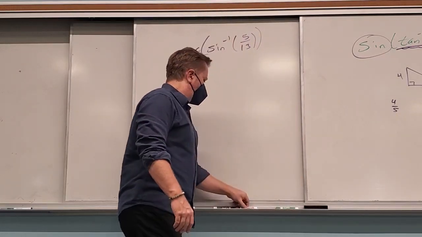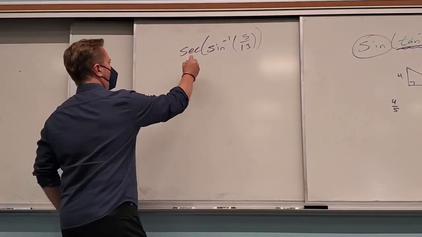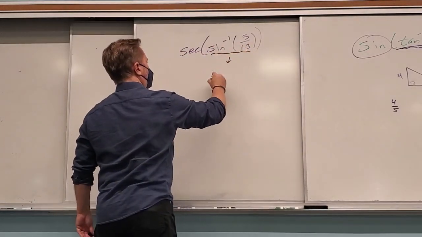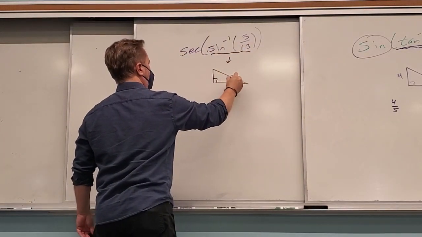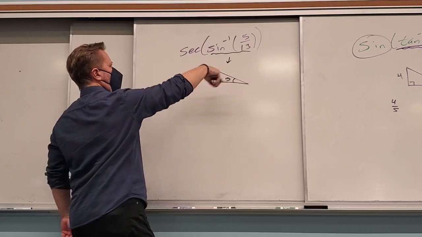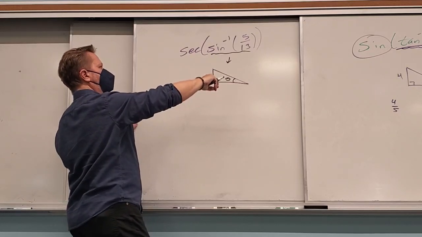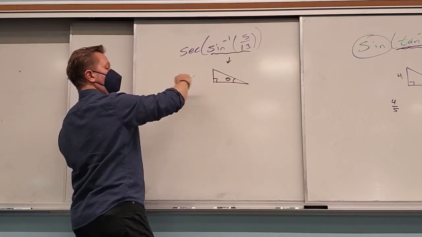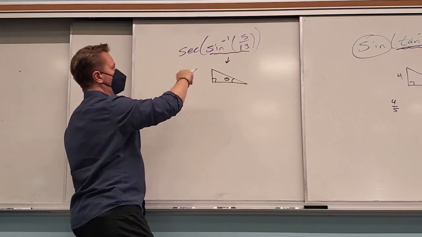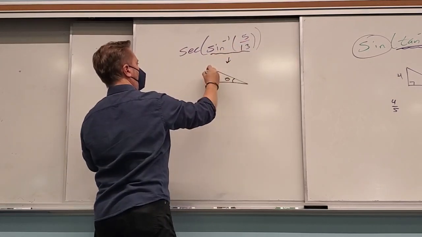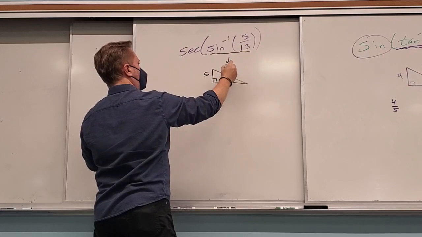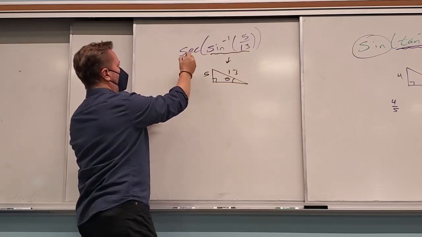Okay, let's see. What does the triangle look like? Let's look at the triangle, Jeff. Good, good, good. What goes where? Where's 5 go? The 1, the y. Where's 13 go? The hypotenuse. And to figure out the secant,